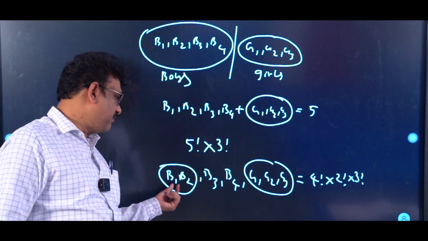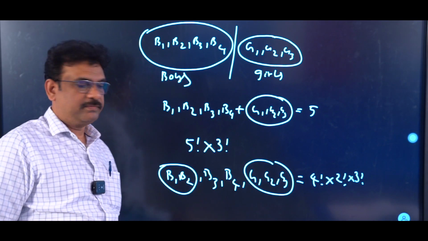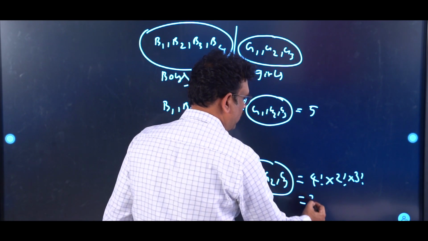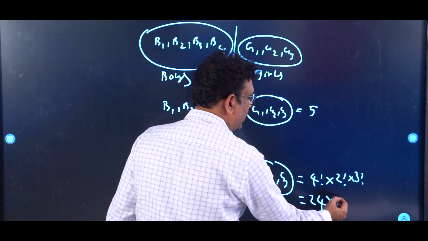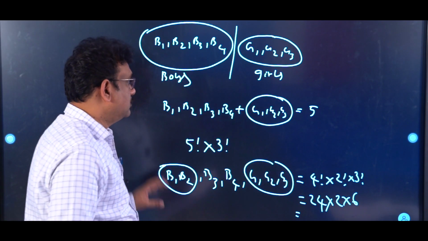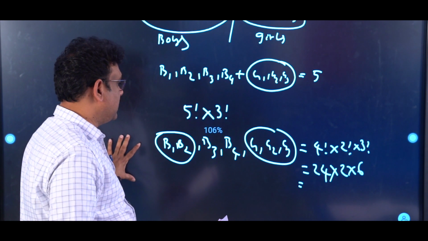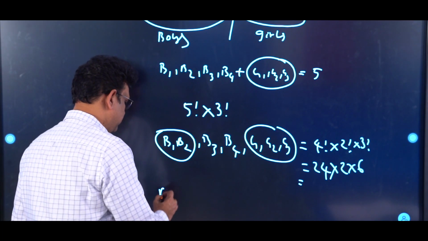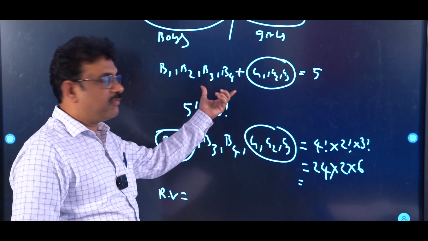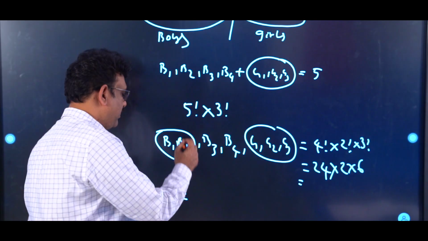So in this, B1, B2 are together, G1, G2, G3 are together. So that is equal here to 24, 2, 6. Now here the required value is equal to total number of arrangements minus these arrangements, that is equal to 5 factorial